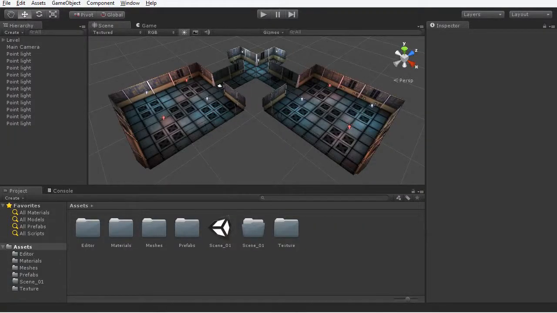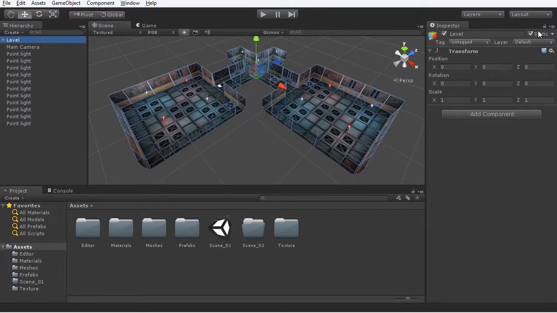So in this movie what I want to do is to bake a quick light map for our level, and this light map will mean that the lighting information will be embedded into the textures of our level, and it will save the computer from having to calculate lighting in real time, and that can give us quite a lot of performance benefits. So what I'm going to do here is just make sure I select the level object,